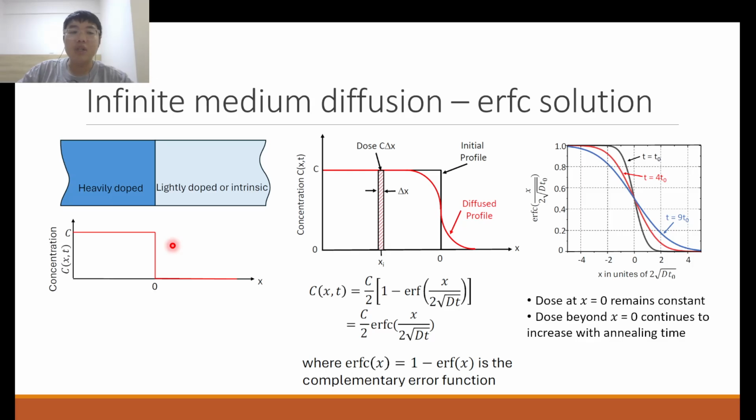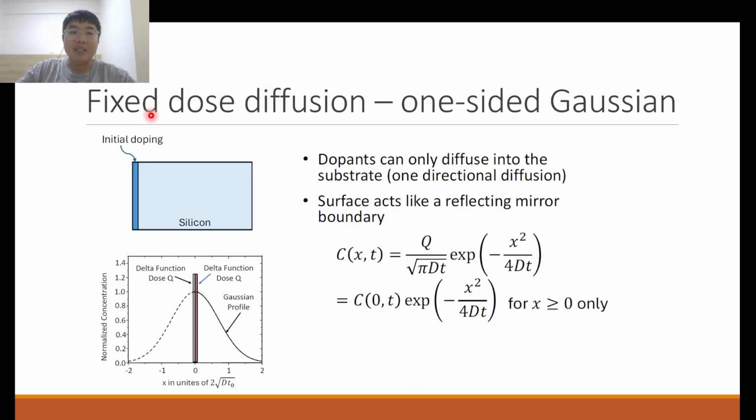However, that's not the only mathematical model of how the diffusion of, let's say, a dose of dopants can occur in the material. So another model is the infinite medium diffusion. In this model, there is a fixed dose diffusion. We put a fixed dose of Q, but this doesn't model